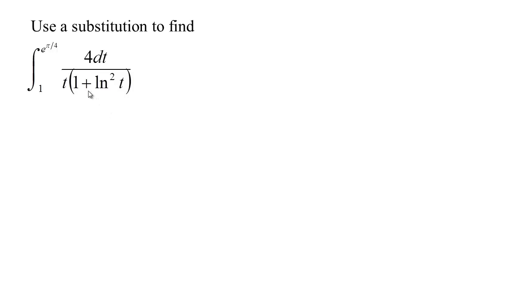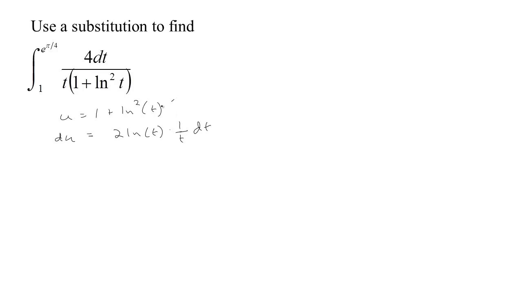So here's a definite integral where a substitution would be useful. You might think of starting off by making u be 1 plus the natural log squared of t. But if you calculate du in this case, the 2 comes down, you get natural log to one power less, and you multiply by the derivative of the inside, which gives you 1 over t times dt. While there is a dt over t in the problem,